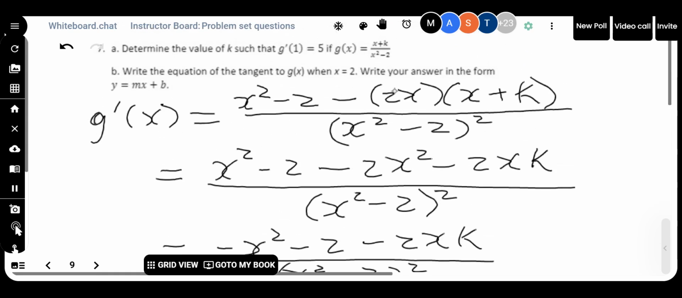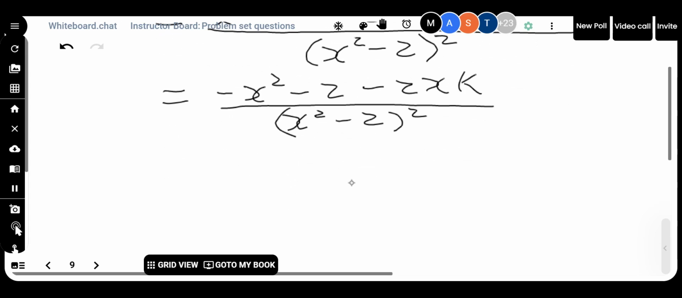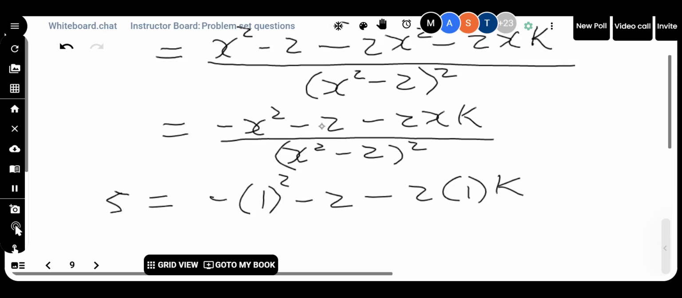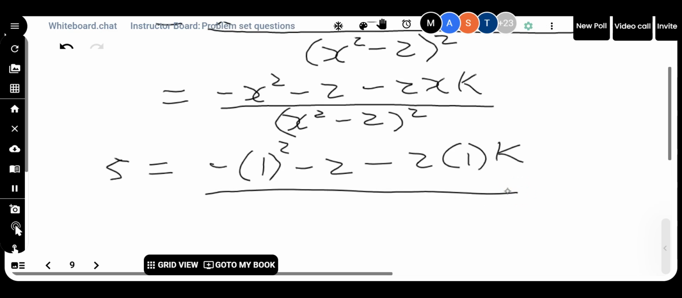And what else they told us is that if I put 1 into this derivative, I should get 5. That should be enough to figure out what k is. So set this equal to 5, and then put in 1. I think it was 1, yeah. 1 squared minus 2 times, sorry, minus 2 minus 2 times 1 k, or just simply minus 2k, all over 1 squared minus 2